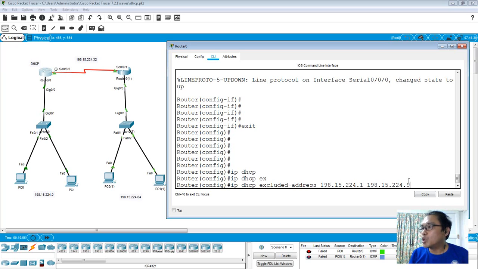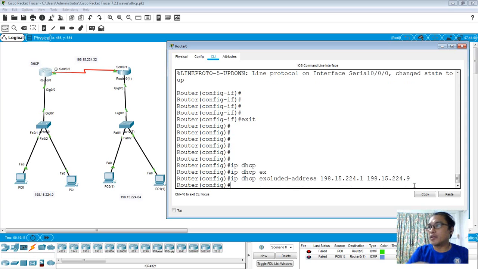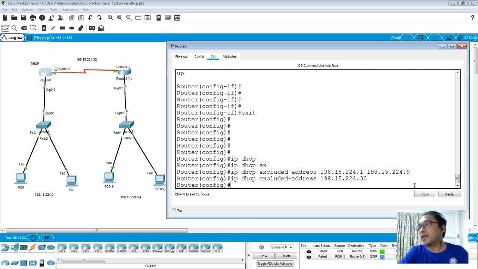So you have to separate the IP addresses that would create a range. Then if you are going to exclude only one, all you have to do is identify only one also. So take note that the end address here is 32, so 30, we are not going to give the 30 IP address. Okay, then the next thing that we're going to do is ip dhcp pool, then LAN1. So LAN1 will be the name of our pool address,